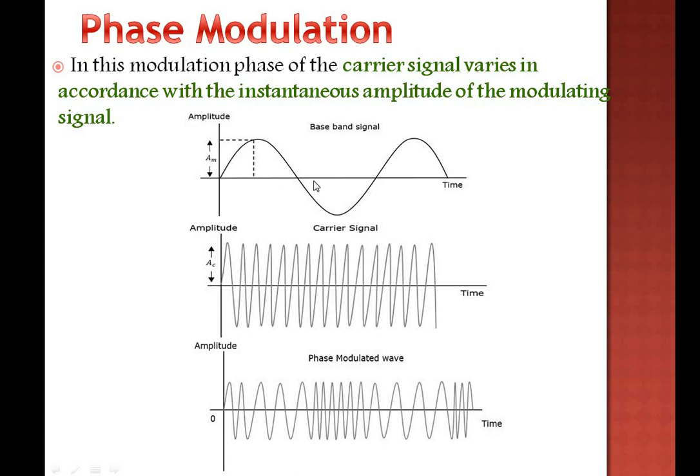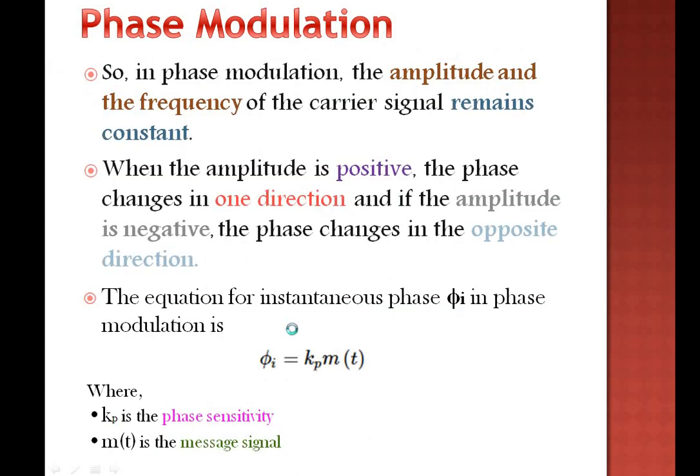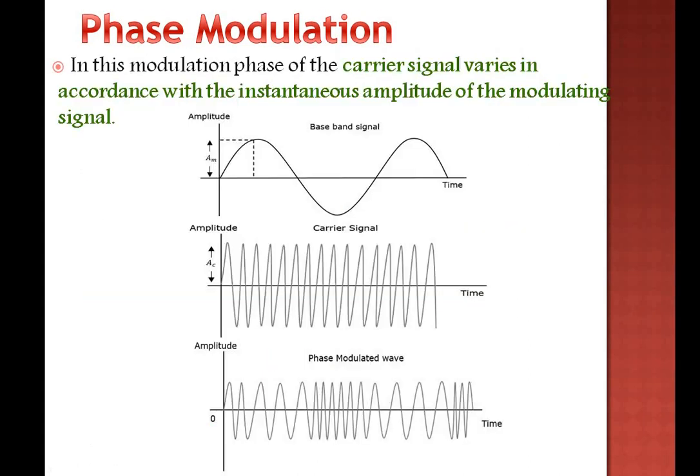Here this is your message signal or the baseband signal, and this is your carrier signal. The phase of this carrier signal is varied in accordance with the amplitude of your message signal. When the message signal is high, the phase will be in this part, meaning you will have the normal phase. This is the complete opposite of frequency modulation, where whenever the amplitude is high, the frequency will be more. Whenever the amplitude is high, the phase will change in the positive direction.